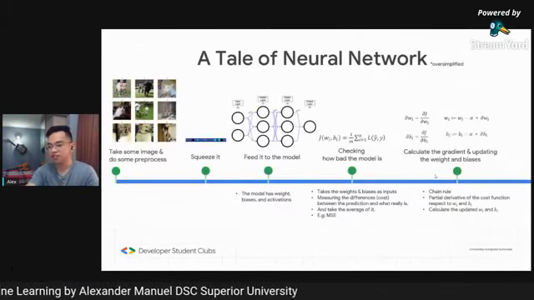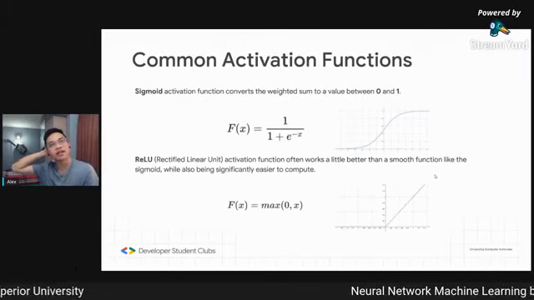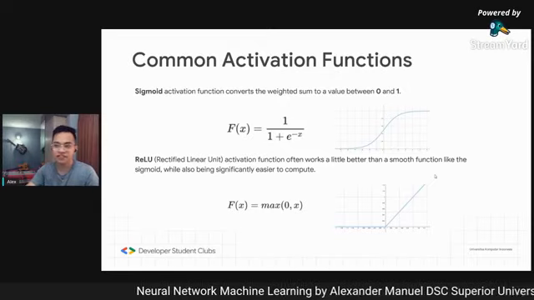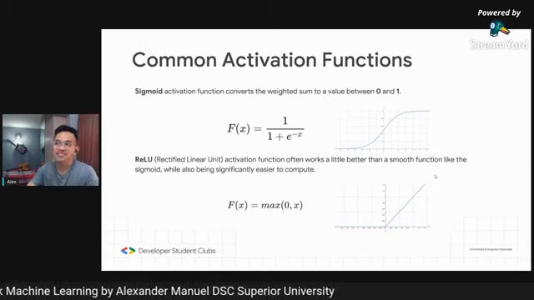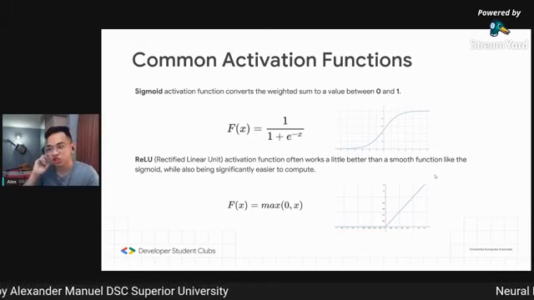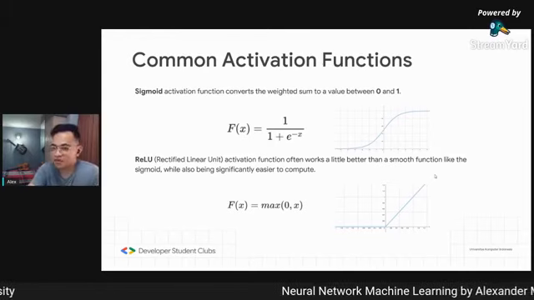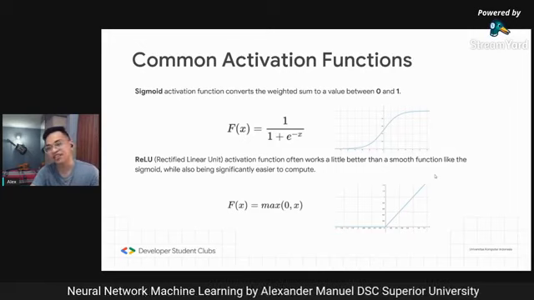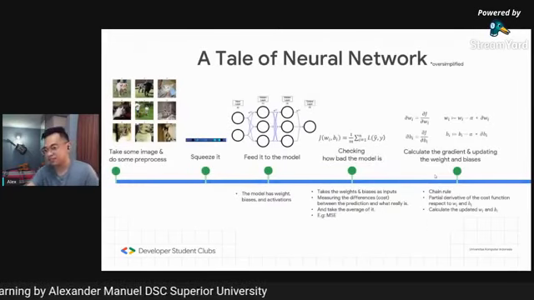Before we get to here, I want you to understand that the activation function is not something like a normal function. It's more like transforming the value of the input to certain numbers. Some people explain it like an if function, if it's on or off. You will see the illustration after this.